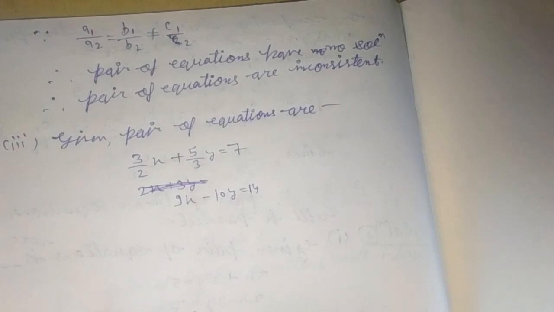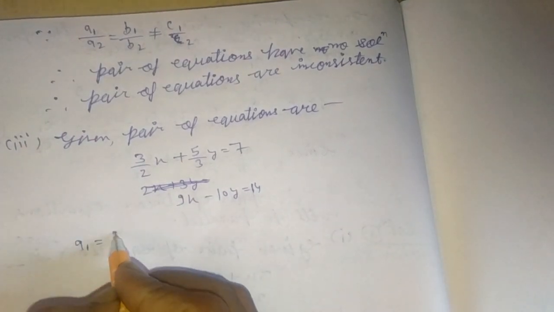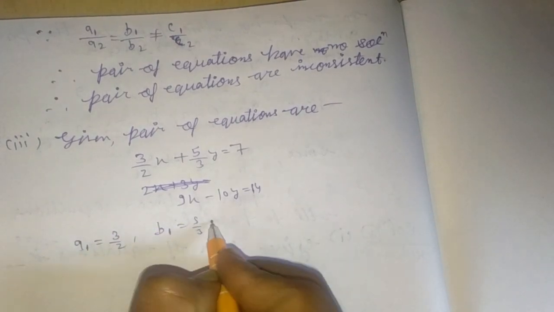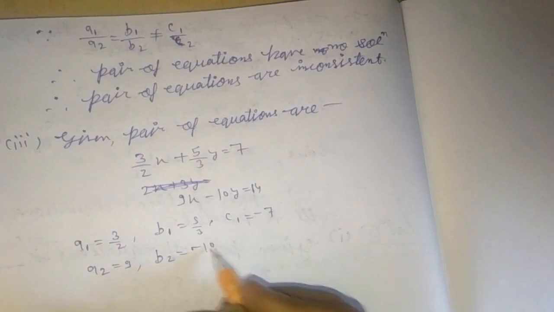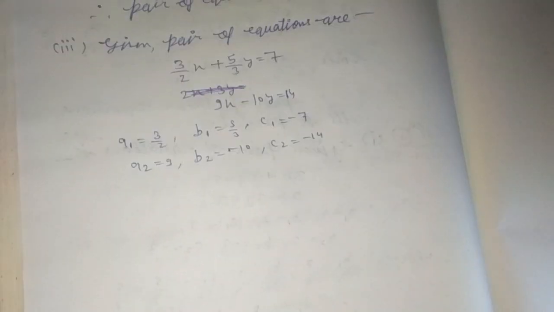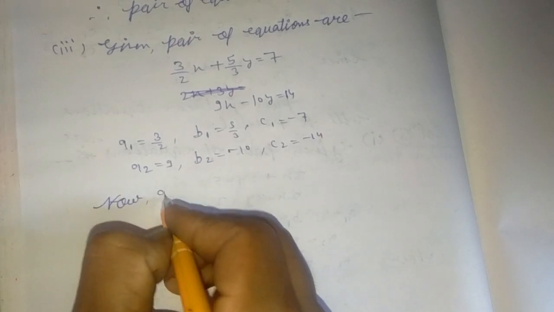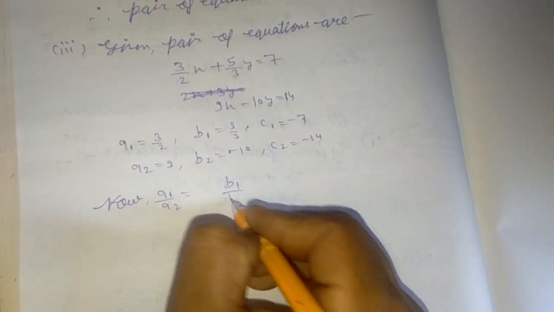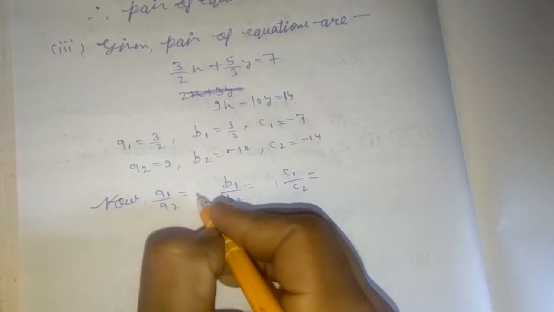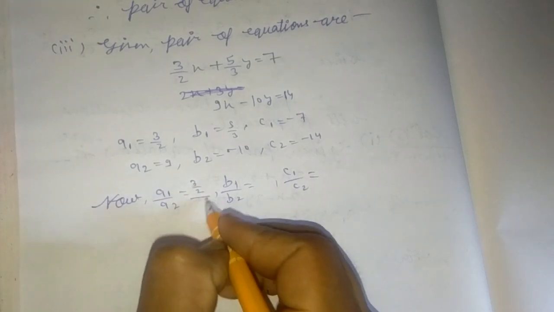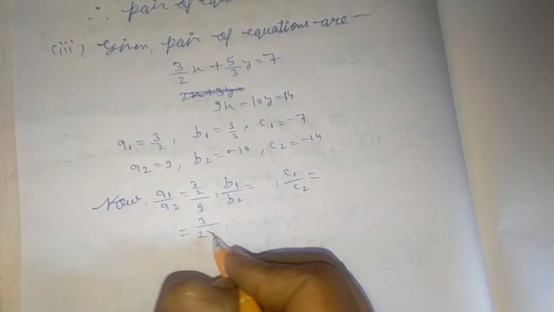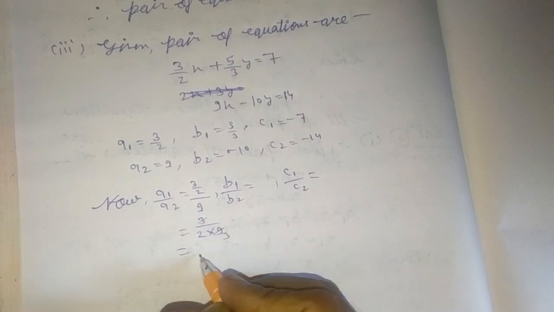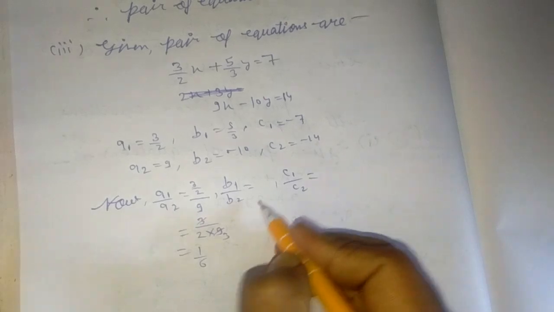Okay. So here a1, b1, c1, a2, b2, c2. Now we will find out ratio. a1 upon a2 is 3/2 into 1/9, it will give 1/6. b1 upon b2 means 5/3